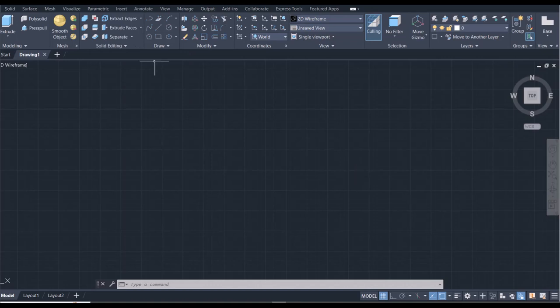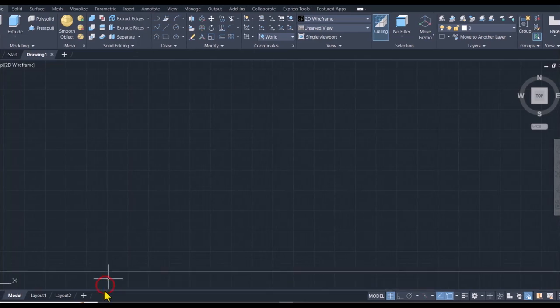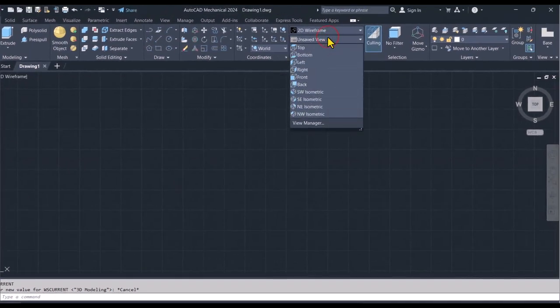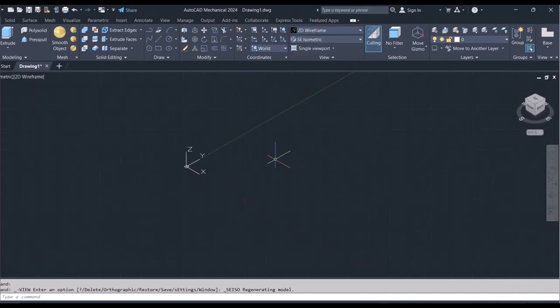If you are using default AutoCAD, you can switch from drafting and annotation to 3D modeling, just as we've done there. And then as usual, I would like to dock the command window, and then in here select Southeast Isometric